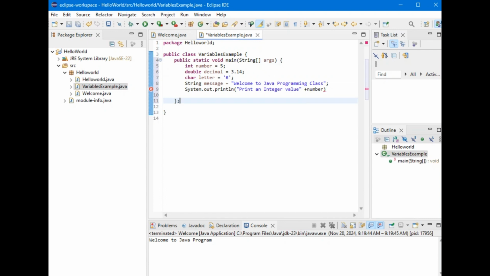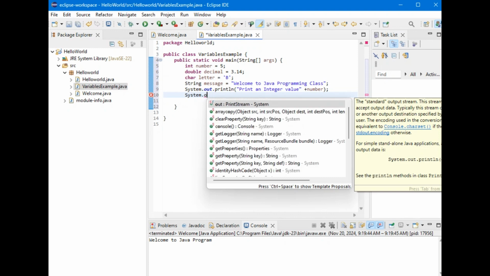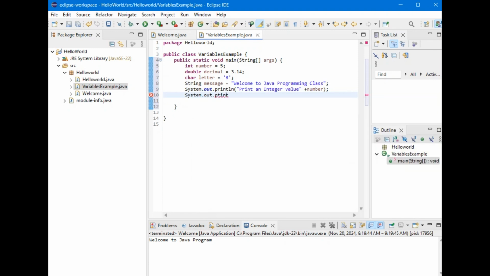So you end this statement. We are done with this, and we move to the next one. We say System.out.print again. Let's say we want to try running this. We can decide to save and run this. So you see, once we run this, it prints the value at print an integer value 5,